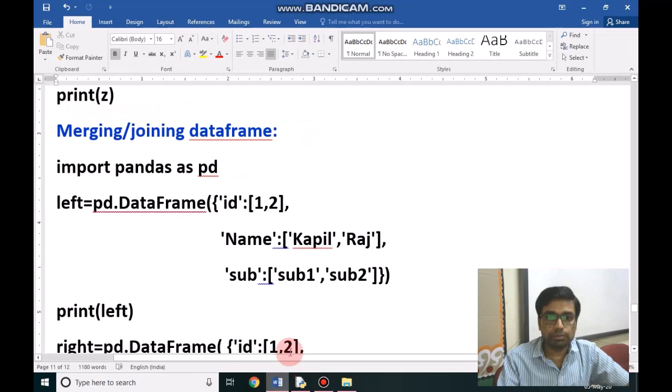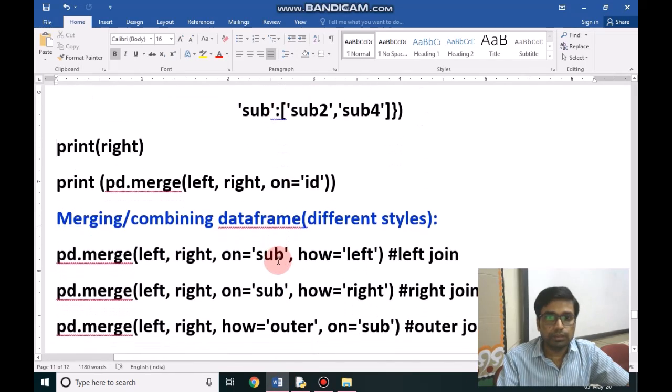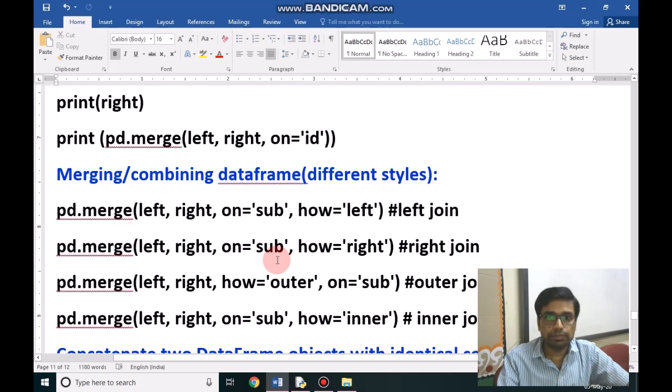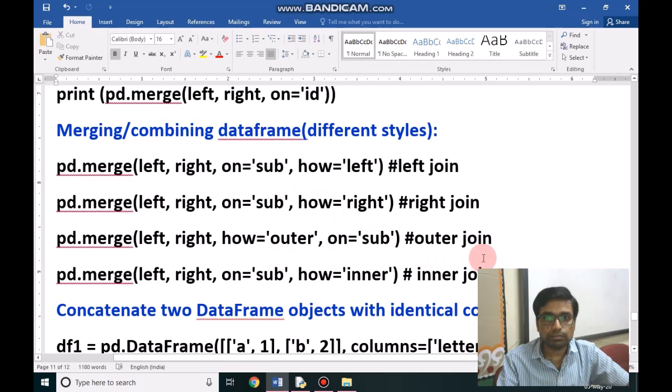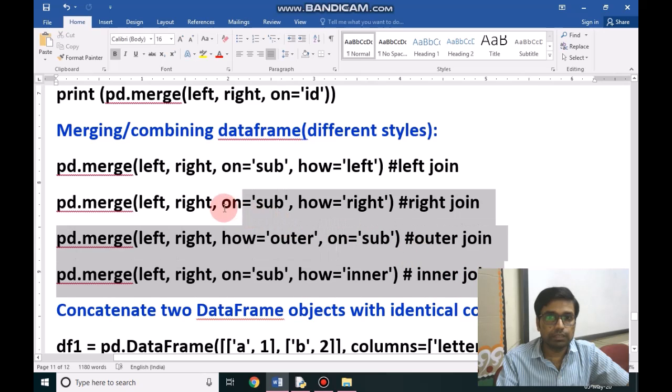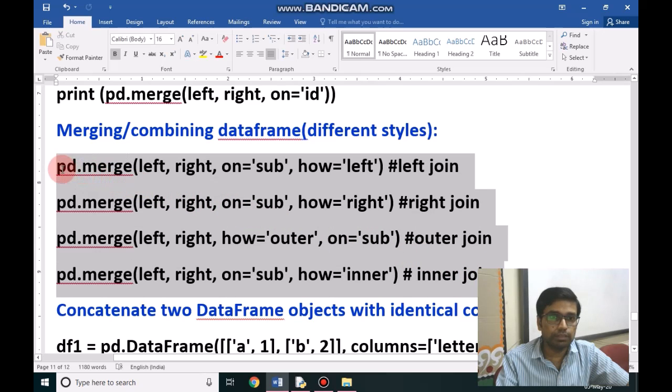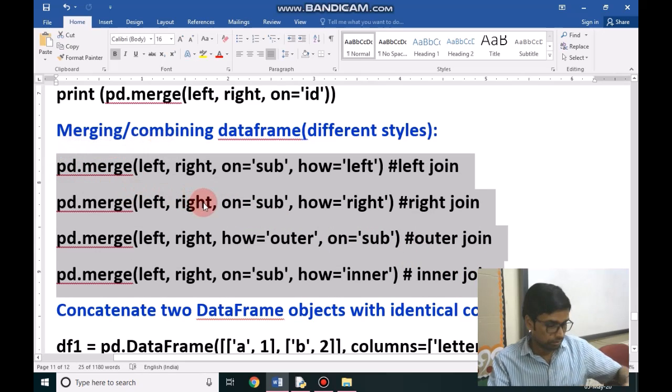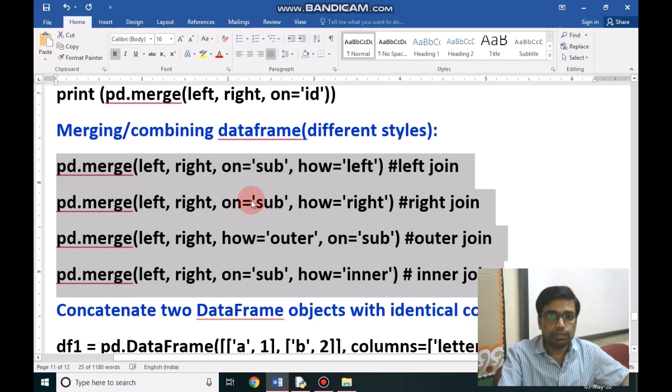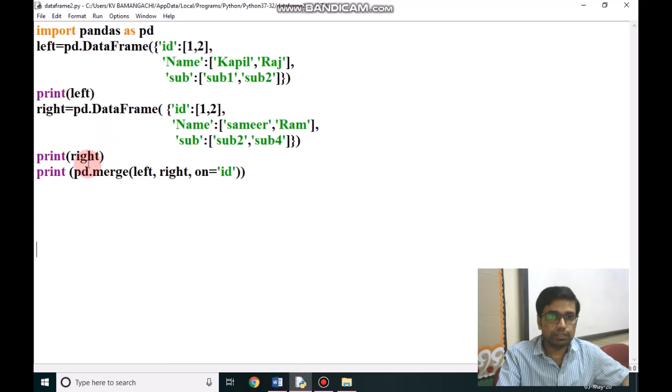Second method to merge is combining data frame with different styles. We have data frame left right on subject how left. We will put the previous data.